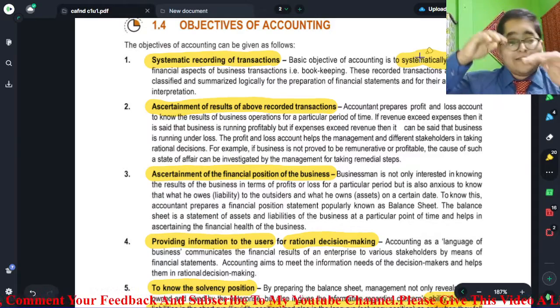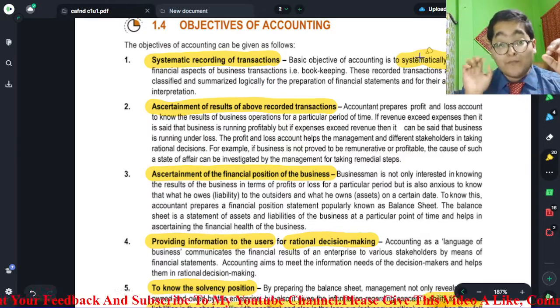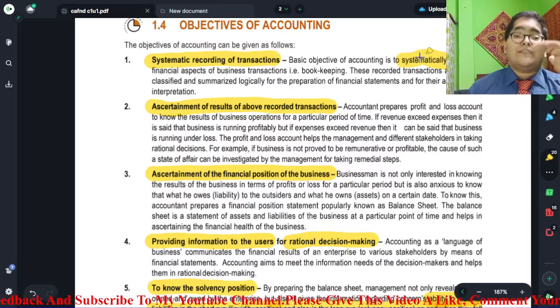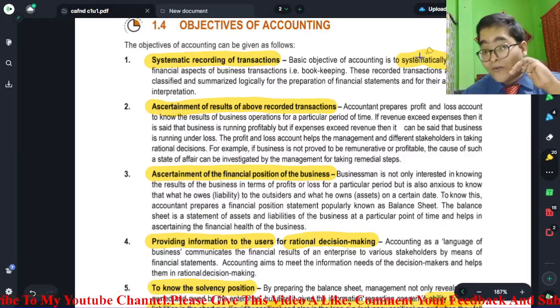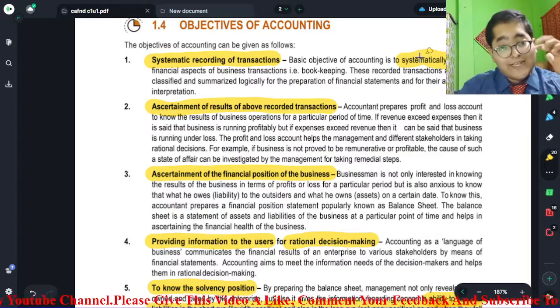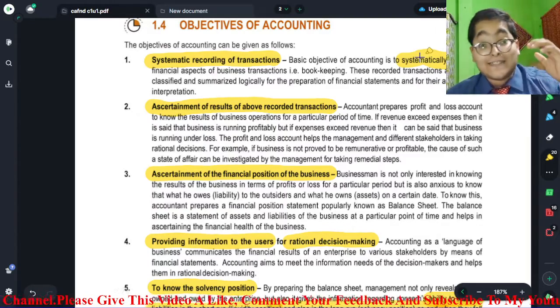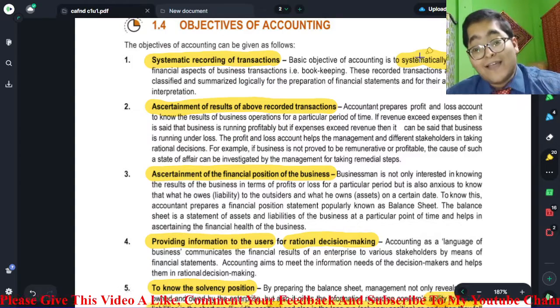After that, the bookkeeper will record the expenses or incomes or any transaction incurred on 2nd January, then 3rd January. It is chronological. A system is followed. That is the systematic